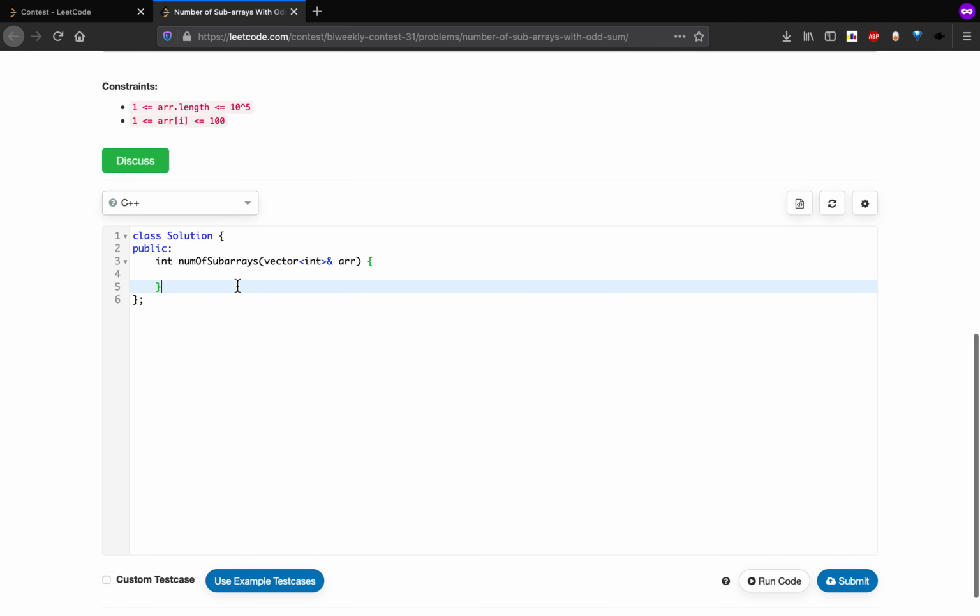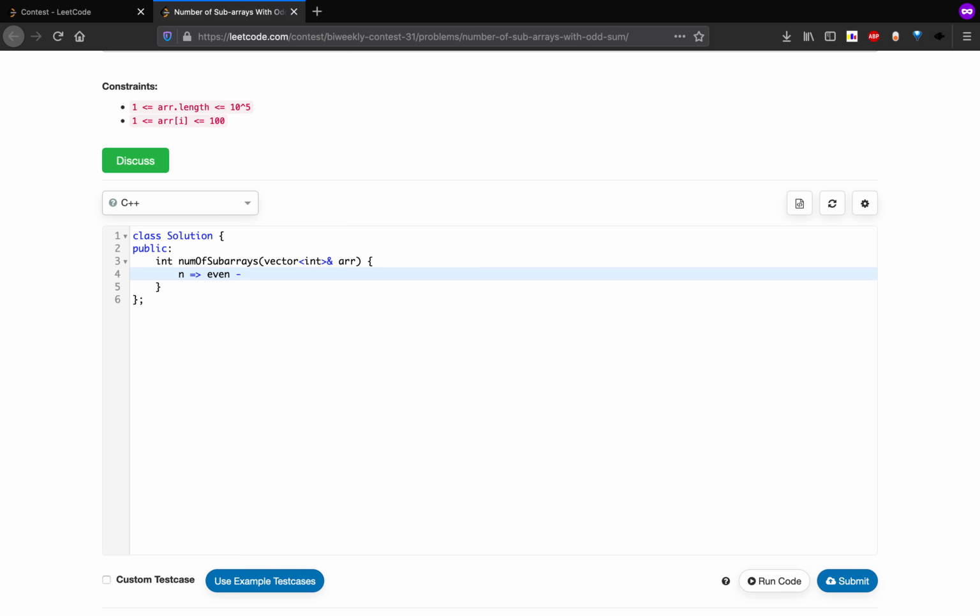So we can solve this problem using a very simple problem solving technique, which is prefix sum, and a simple basic maths concept. So let's discuss the maths concept. Let's say we are given a number n, and it is even. How can we make this even number an odd number?